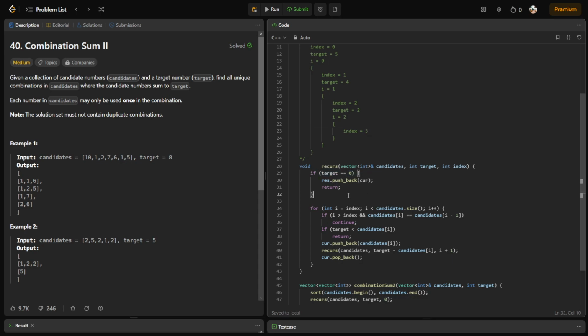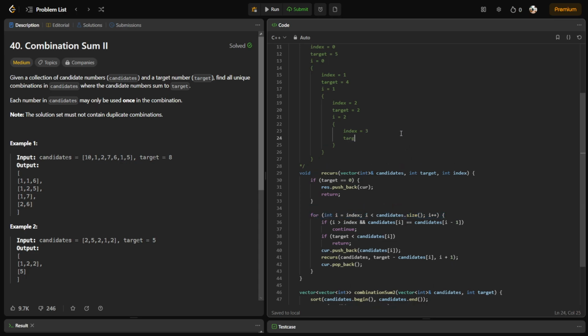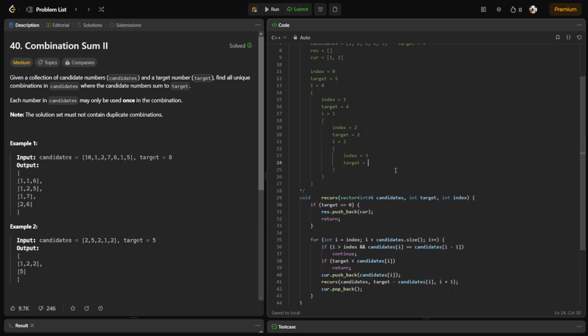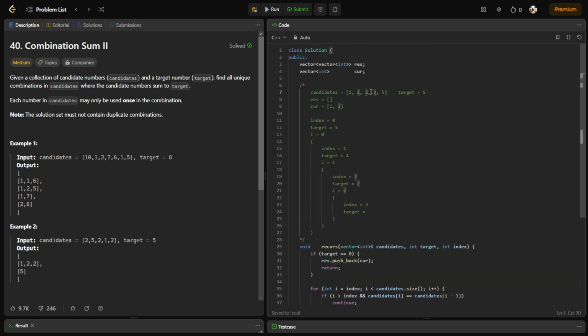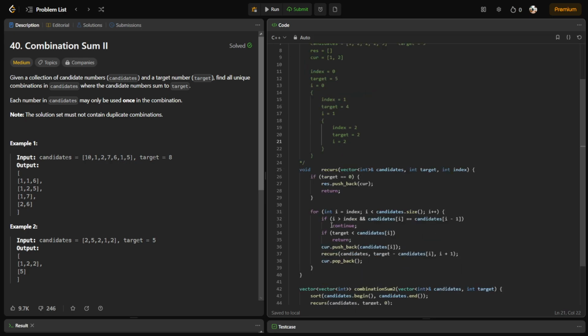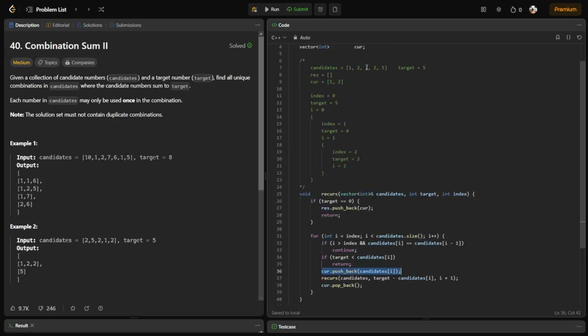Our target is still not 0, so we enter again. Sorry, we have to push back first, right? We push back another 2 before we enter this recursion. Let me just backtrack a bit. So we push back this another 2, and then